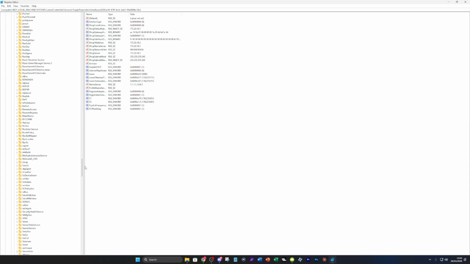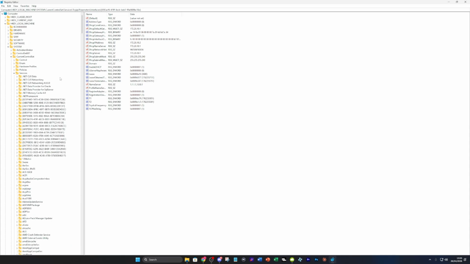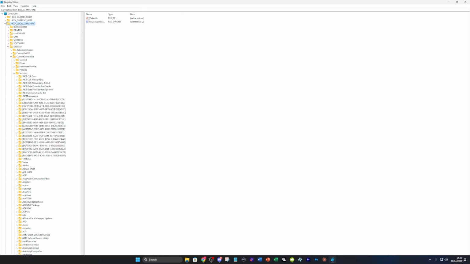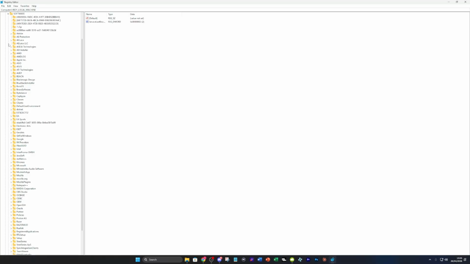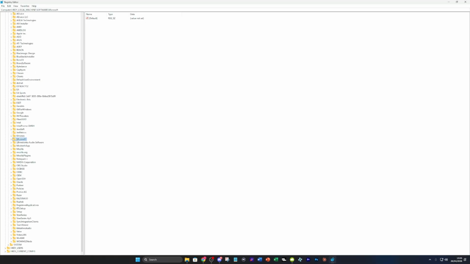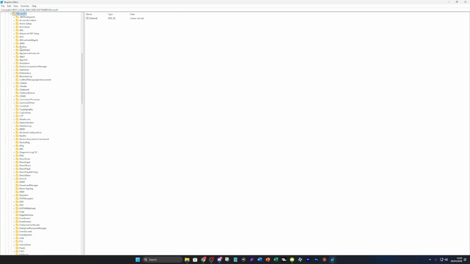Now what we want to do is navigate to HKey local machine, which is going to be right here. Once you're in HKey local machine, go over to software. Then within software, go ahead and locate Microsoft. So Microsoft for me is right here. Go ahead and click inside it, and then go over to Security Center. Thankfully, everything is already in alphabetical order. Security Center is right here, and then within that, go over to Provider, and then within that, go over to